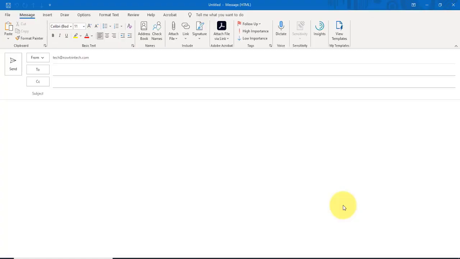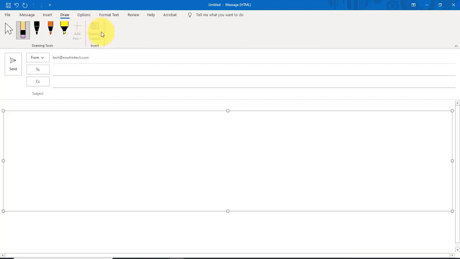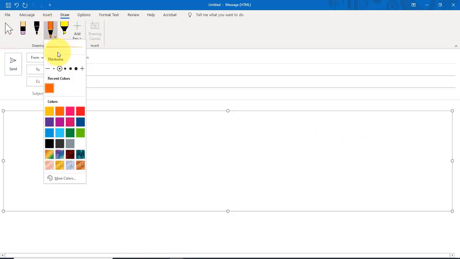Tip number 11, using the drawing tools. So when you open up your message, you can send an email by just drawing with the mouse or with a touch pen. So click on draw, click on drawing canvas, and this is the canvas here. Click on the pen and the color. So I'm going to choose this color,